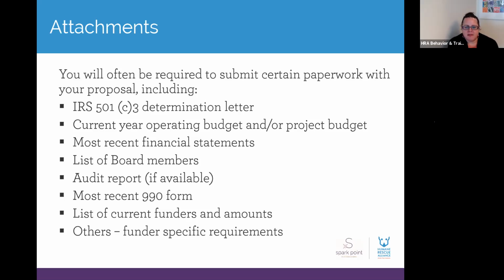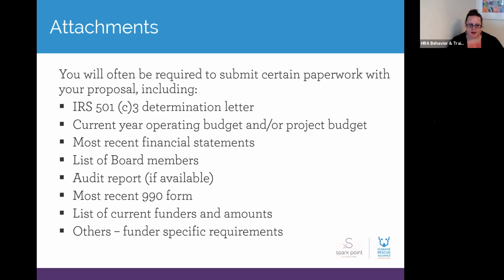A financial statement, for those who don't know, is a demonstration of the organization's financial health. So the two most common are a balance sheet, which shows the assets that the organization has in hand and the liabilities that they have outstanding, and gives the funder a picture of the big picture sustainability. What is the organization's